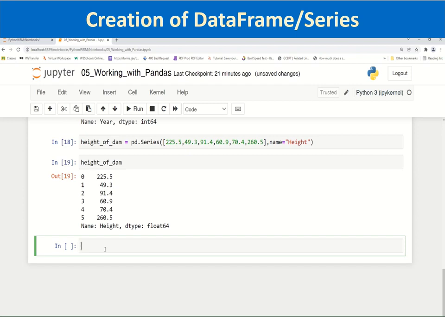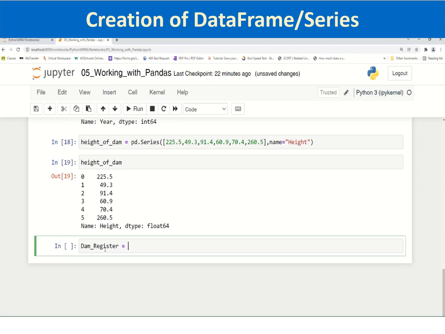Now a pandas data frame is similar to a spreadsheet, and in terms of data structure, it is like a dictionary of lists, with dictionary keys being the column headers and values being the columns. So we have seen that in a data frame every column is a series. So we can put these columns together into a data frame. We can say the name of the data frame